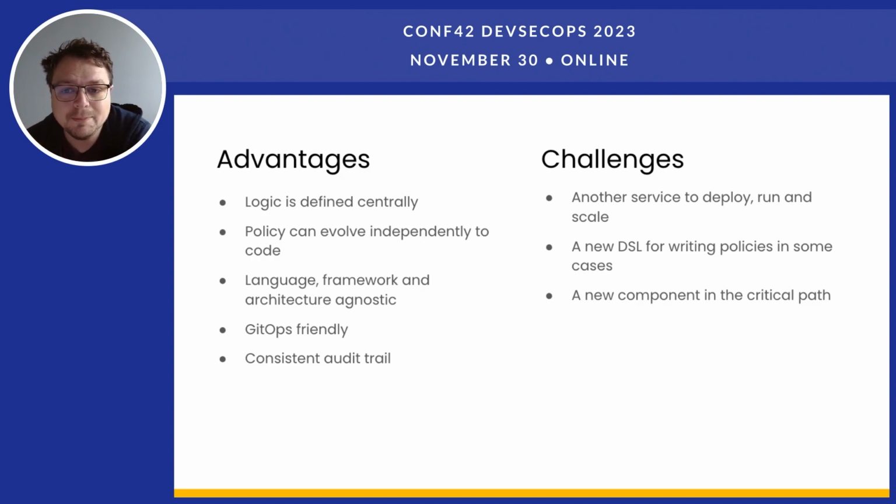Your policies can evolve independently of your application code. And because it is just another service, a microservice running in your stack, it's completely agnostic to any language or framework or architectural choice you've made. You want to drop in a new service one day that's maybe in, say, Go, great. You just make an API call out from your Go code and you get the same authorization decisions without having